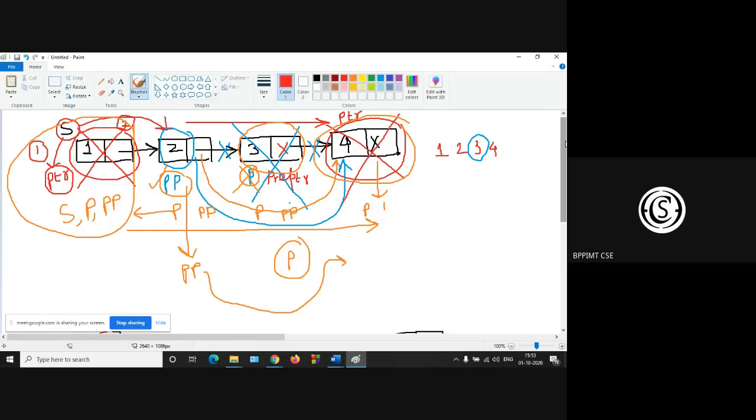But in a circular linked list, as the last node's next pointer points to the start node, the condition will be while ptr arrow next is not equal to start instead of null. Is it clear to you? Yes, sir.